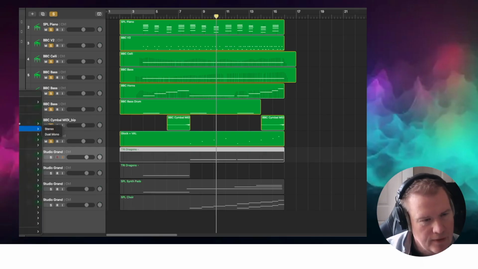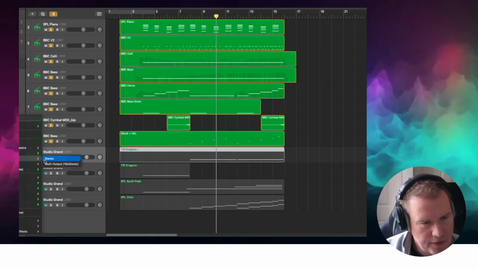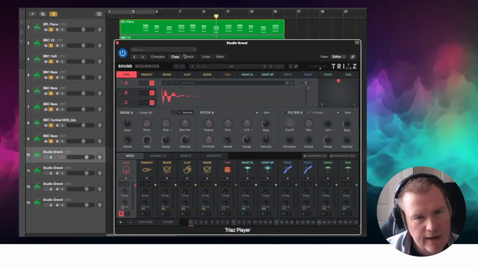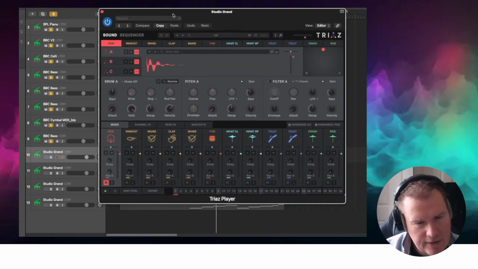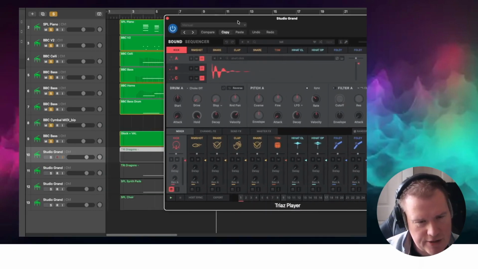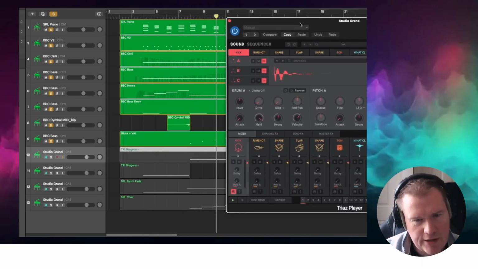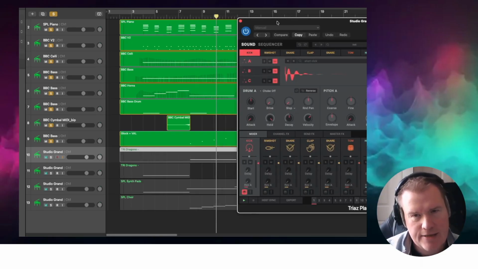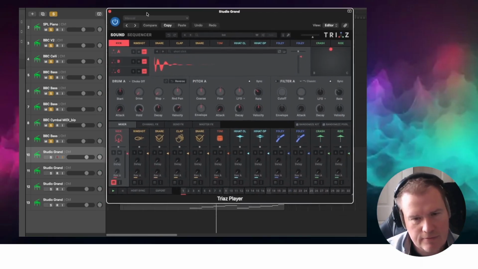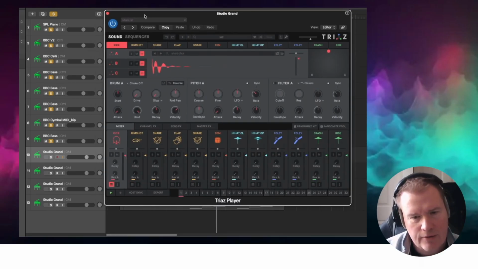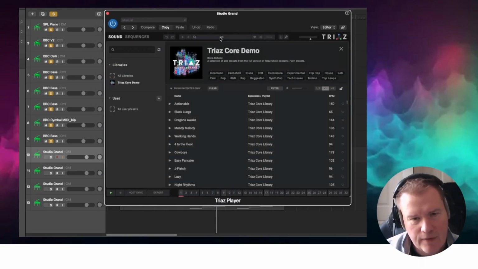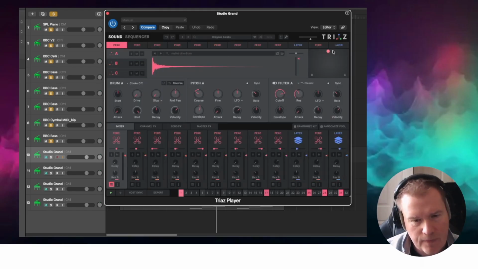Next, we're doing the Triz player. Get that from wherever you were, and this is the percussion, the next two tracks. So if I remember rightly, the one that starts first has less parts available. So where did we go? It was Dragons Awake, and we muted